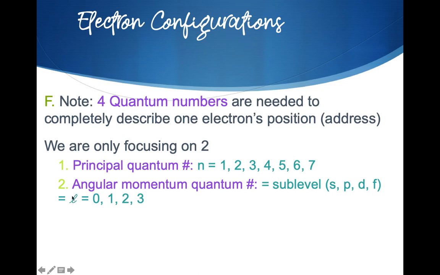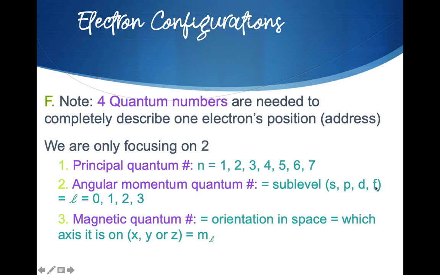The symbol is an L, and it's either 0, 1, 2, or 3. So the L value is 0, 1, 2, and 3. And it turns out, though, if you want to know the full story, you'd have to know the orientation in space, which axis it is on, and remember how we said they're spinning? You would need to know if it is spinning counterclockwise or clockwise in space, on the sublevel, in the energy level where it's located. So again, in pre-AP Chem, we're just talking about the principal quantum number, which is energy level,